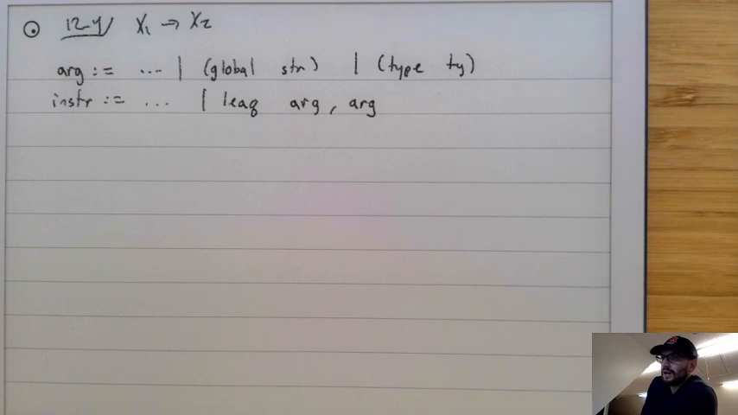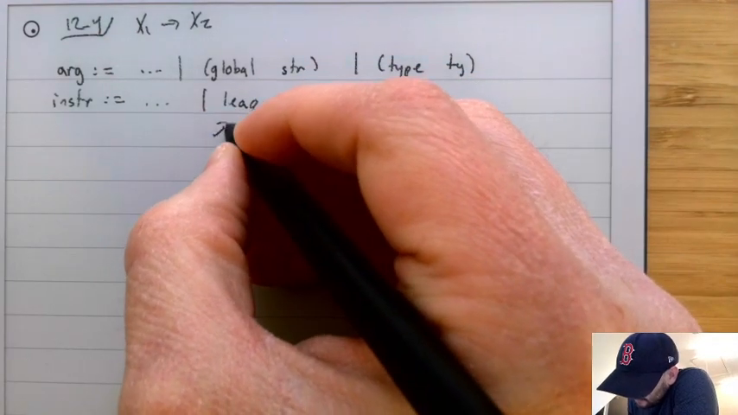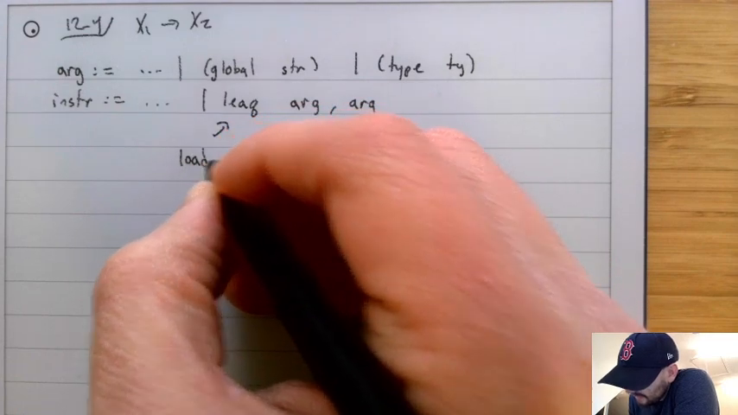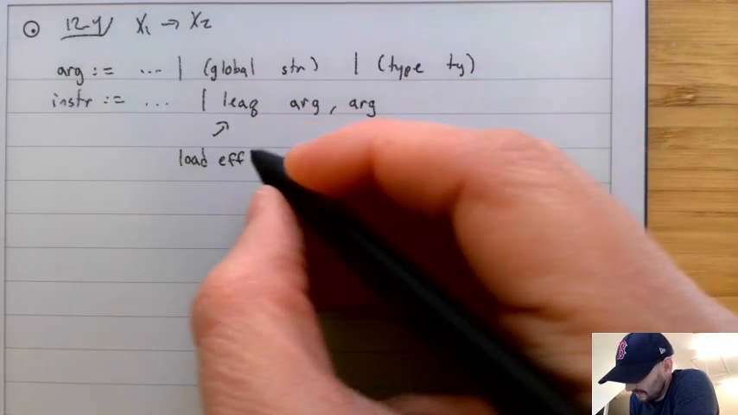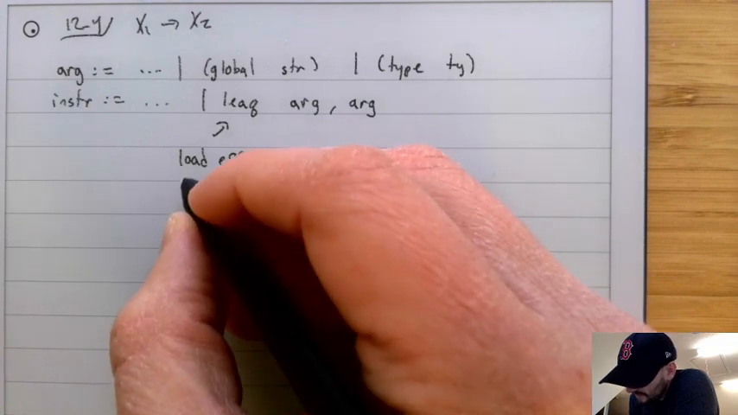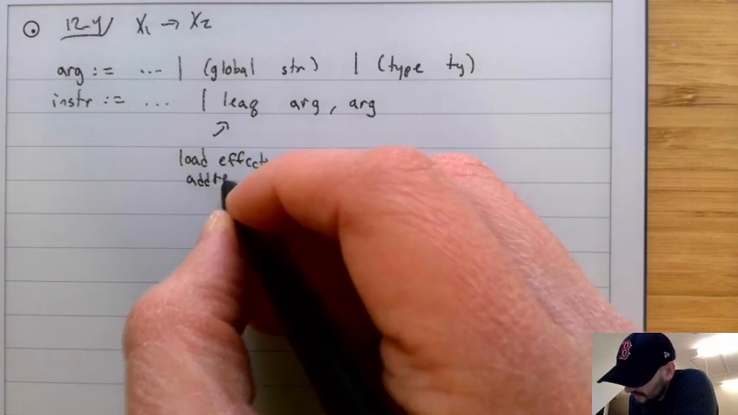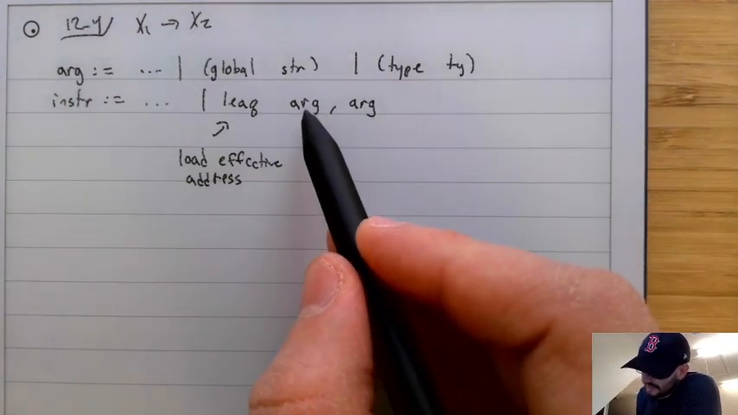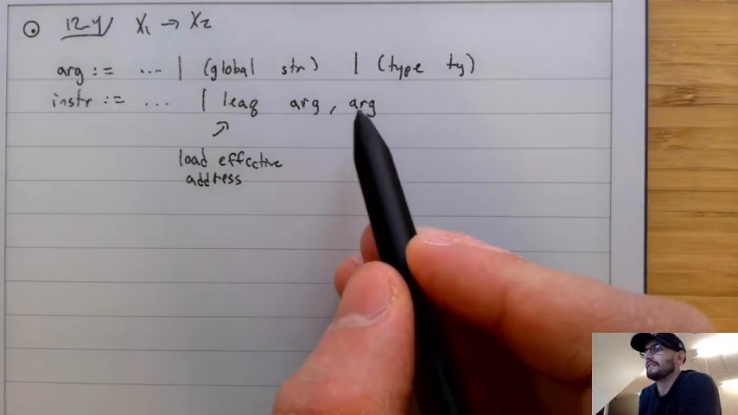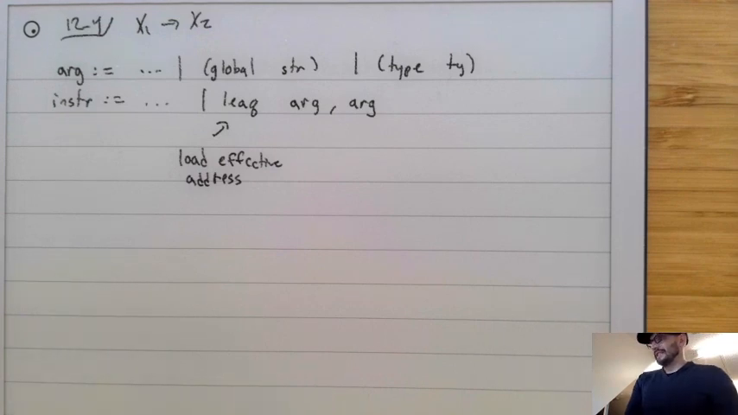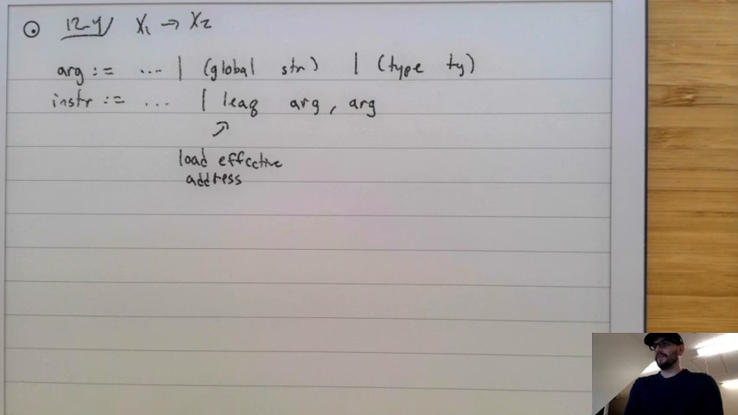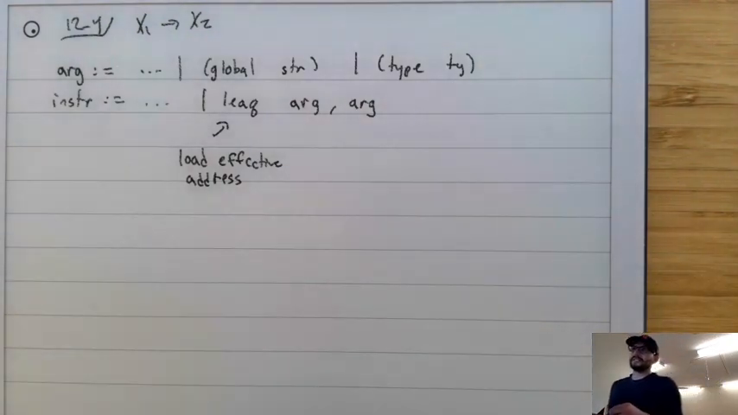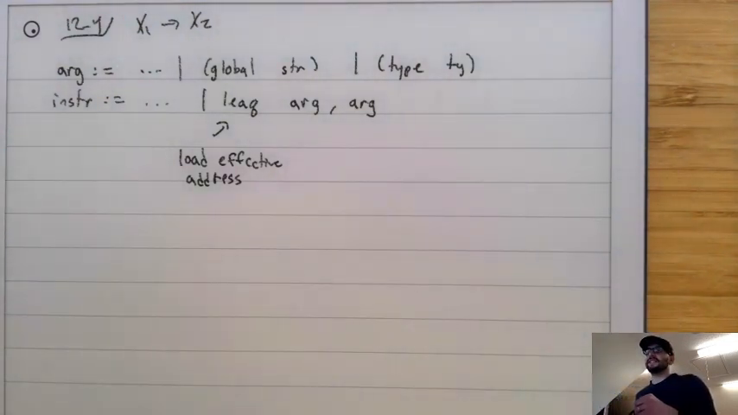Okay, now what are these things? This right here is called the load effective address. And what it does is it loads the address of this into that. Okay, how do we use this? Once you understand how you can use it, then it'll be a little bit more clear about what it really does. Essentially, how this is going to work is that